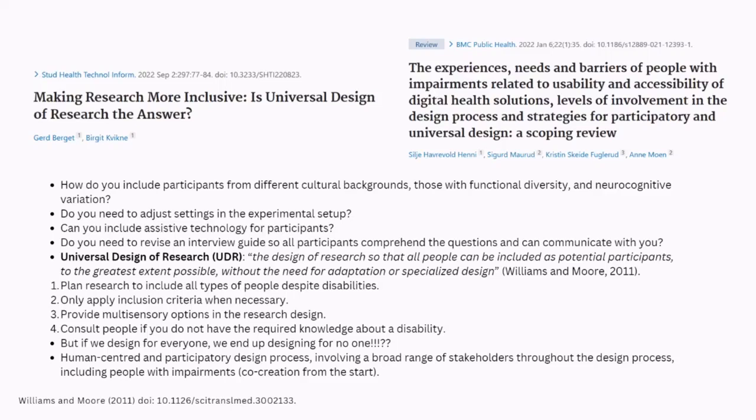I don't have dyslexia, but do I consider people who have dyslexia in my study design? No, not always, not to the best of my ability, not to the extent that I should. I'm not talking about completely overhauling your research design to make it more complicated for you, but are there ways that we can make small tweaks to our study, from conception to dissemination, to include people who are neurodiverse or have different capabilities like dyslexia?